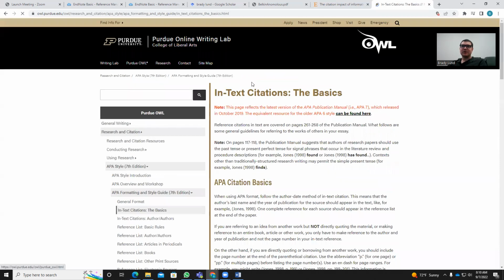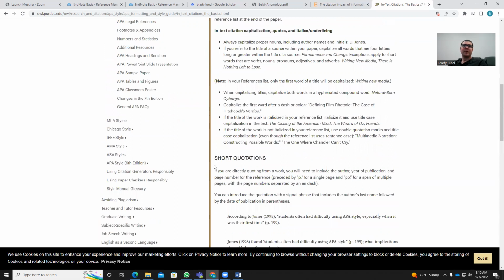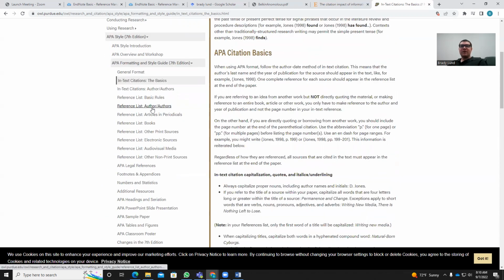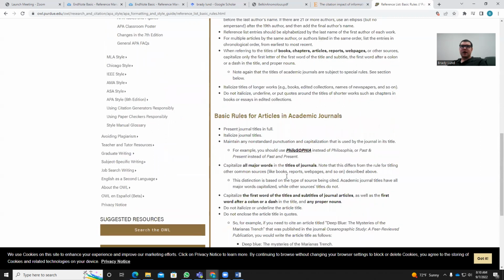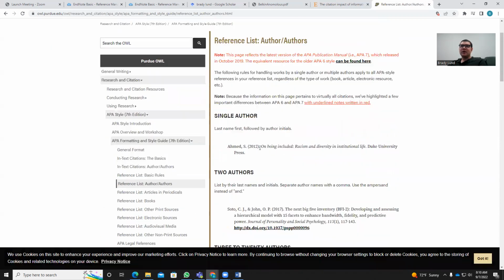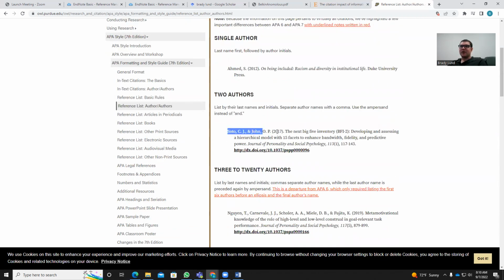Or in-text citations to see the reference to cite in text. Here are examples with the page numbers. And then going to the reference list to actually see the formatting for the reference list and examples. You'll have to read through some of this to understand what I just explained as far as the instructions, as putting all that together. But you'll see this is much like